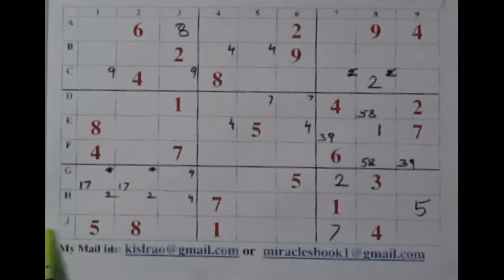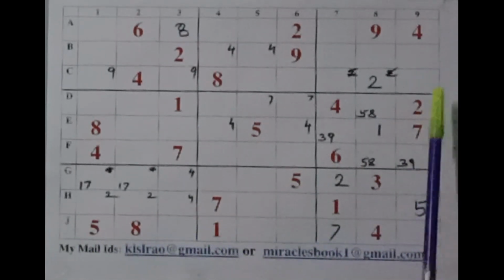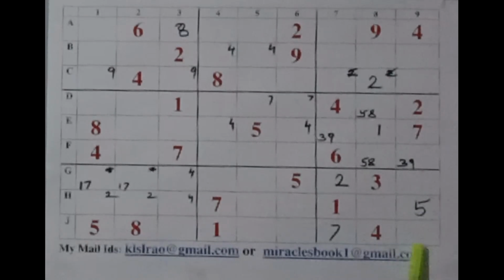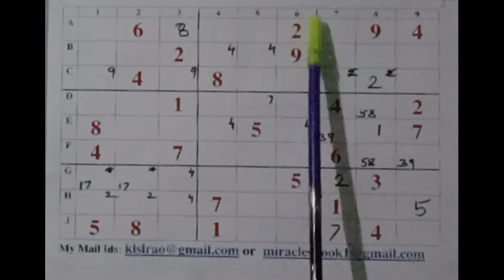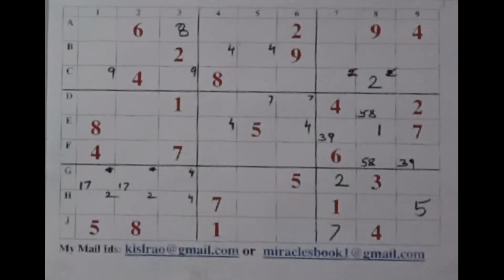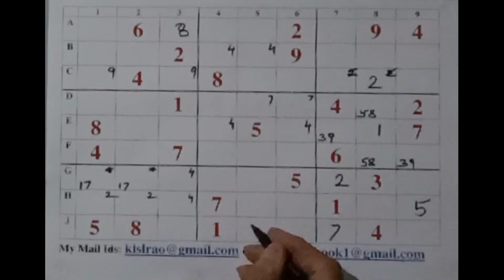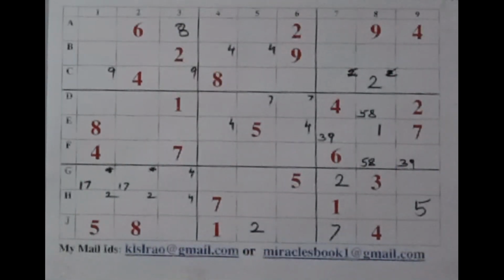Look at this row J. We have a 2 here. This 2 also is there. We have a 2 here, and we have a 2 here. Therefore, this row has to get a 2 here. Okay. And then